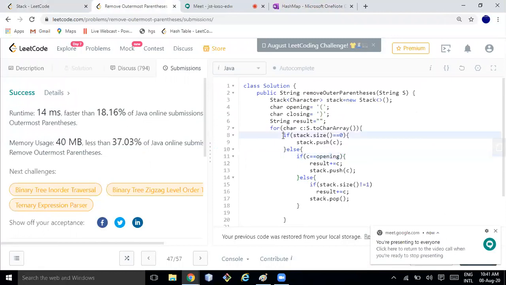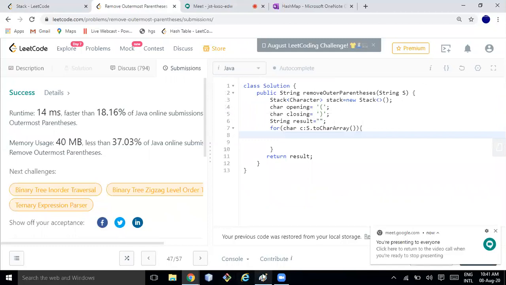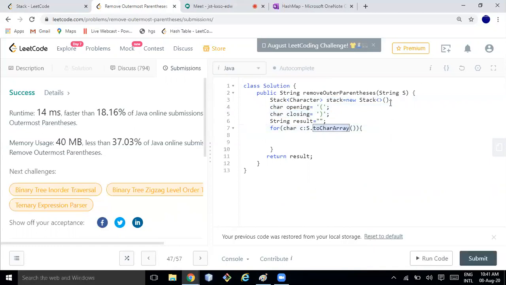Here I wrote it differently, but in between I thought of writing something different. So let me keep it here, because this is my solution anyway. I declared one stack, opening, closing. It's not necessary, you can directly match it. It's up to you. I'm just looping over here and returning the result.